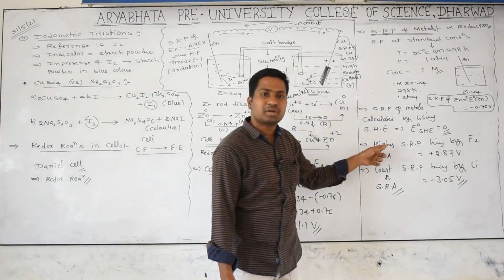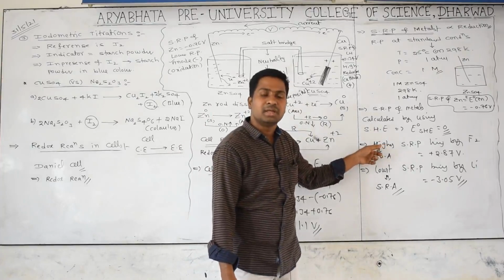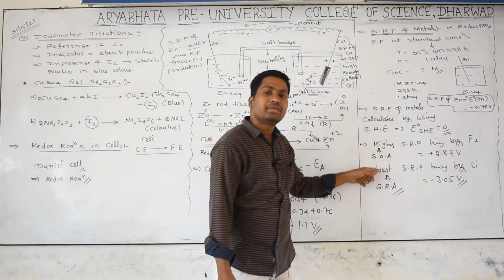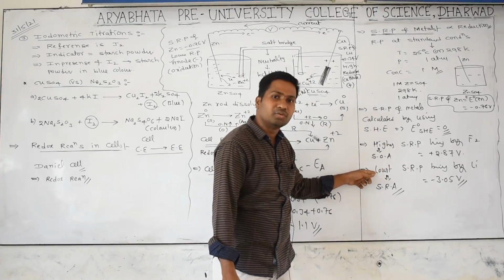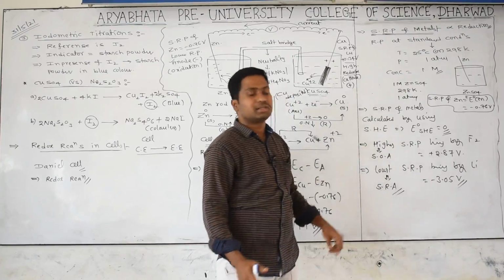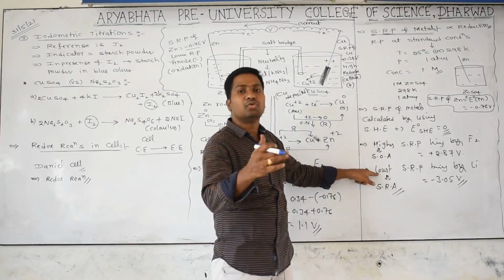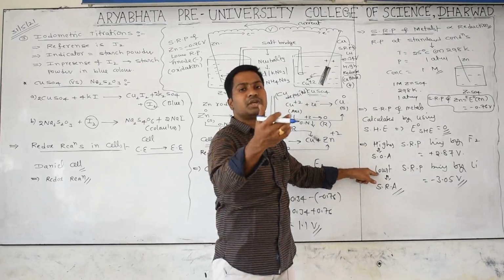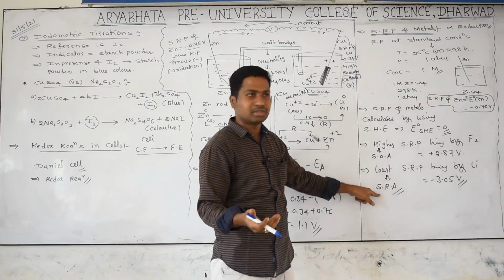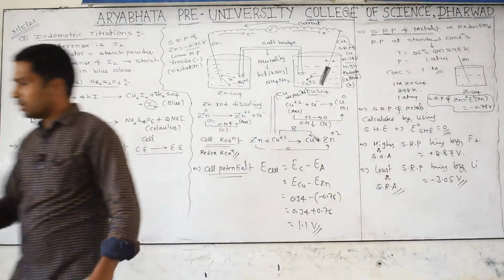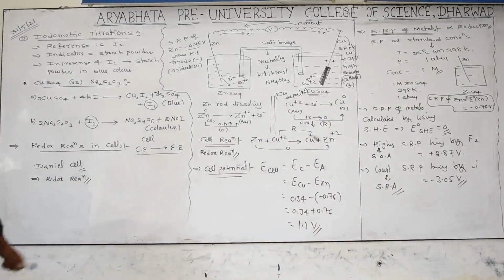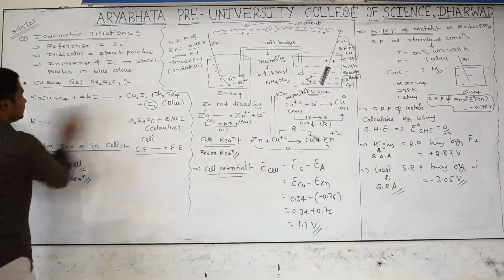If the reduction potential value is positive, then it is the strongest oxidizing agent. If the reduction potential value is negative, or less than 0, they act as the strongest reducing agent. Low reduction potential value means more tendency for oxidation, and more tendency for oxidation is called a reducing agent. Are you understanding? Yes, we can go for the next concept. With this the topic will be over. I will explain to you some other examples.